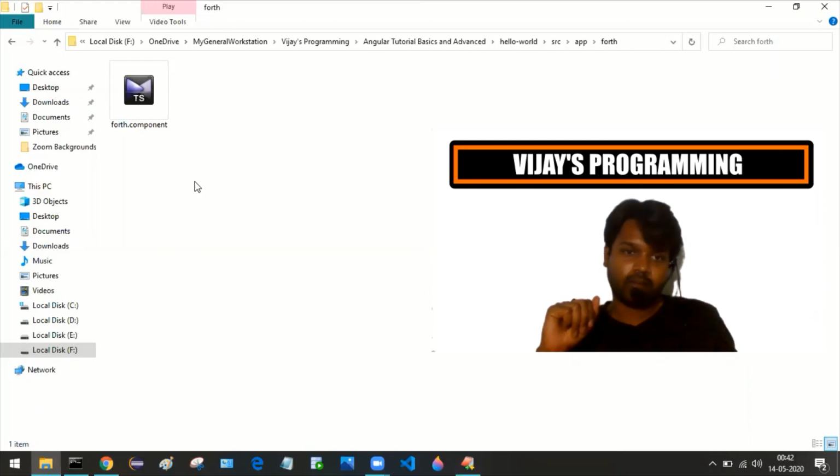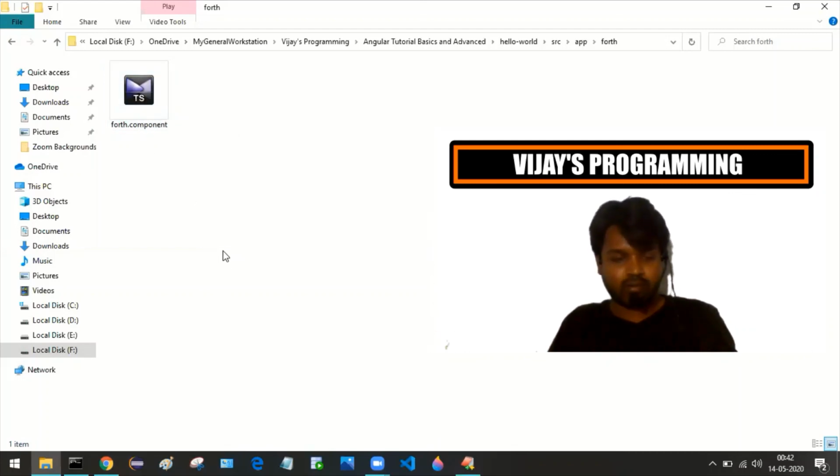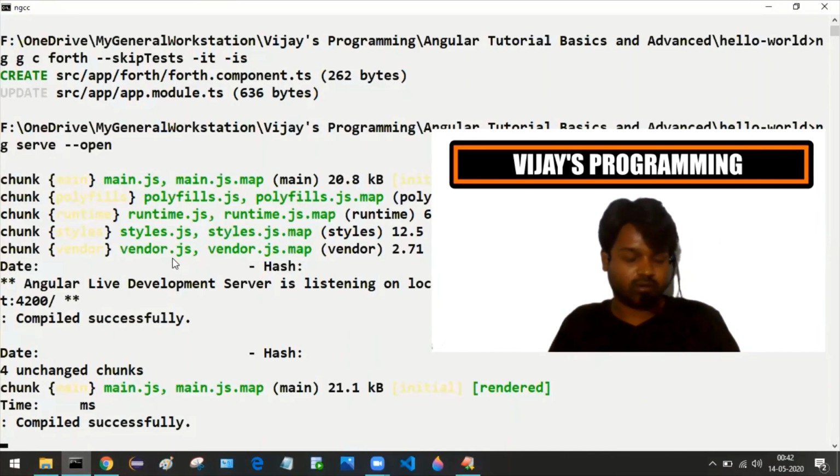We have only one file, that is the component file, fourth.component.ts. So this is how we can create a component along with the options double hyphen skip-tests, and -it and -is to not include those files in our component.